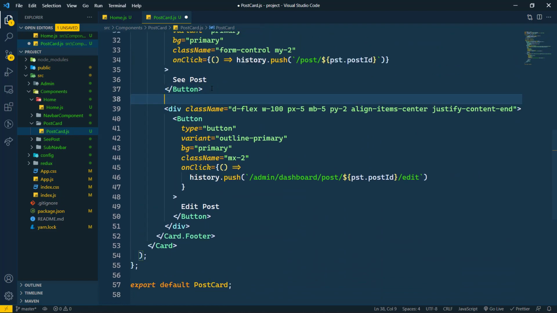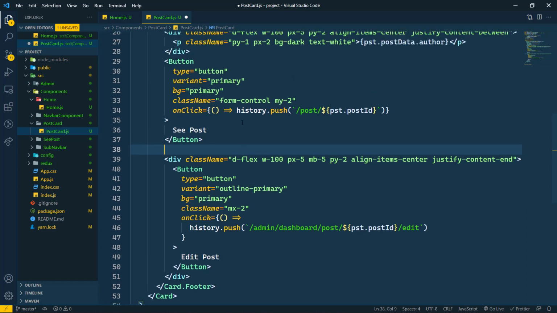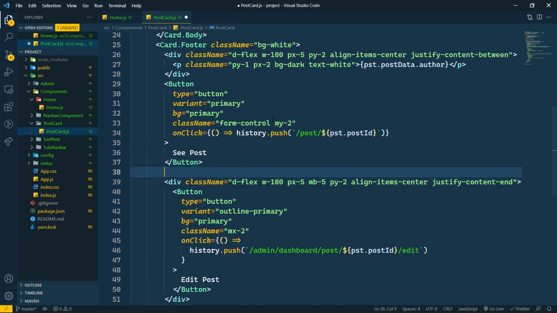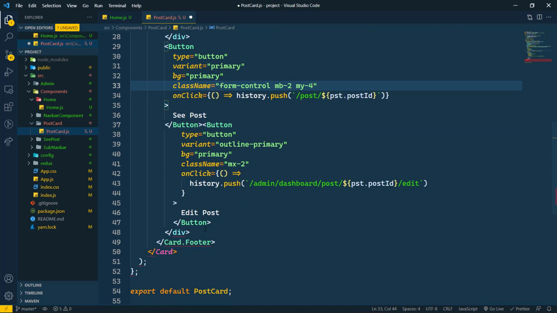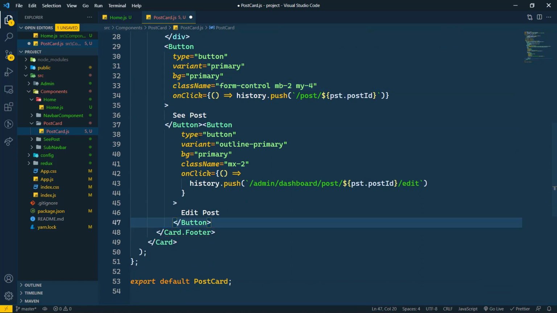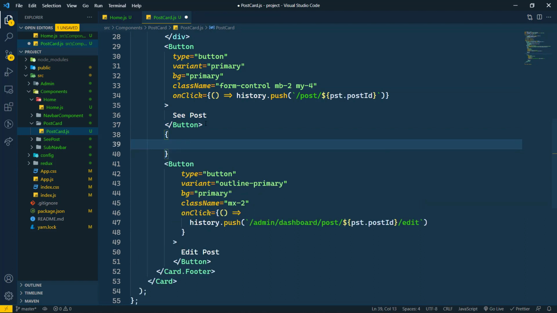So first of all, here we will check if the user is logged in or not, and as it is here, I'm going to create margin bottom to 2, and here I'm going to remove this display flex here. Here margin bottom 4 is better, and I'm going to remove this div also. So here we are going to check if the user is logged in.